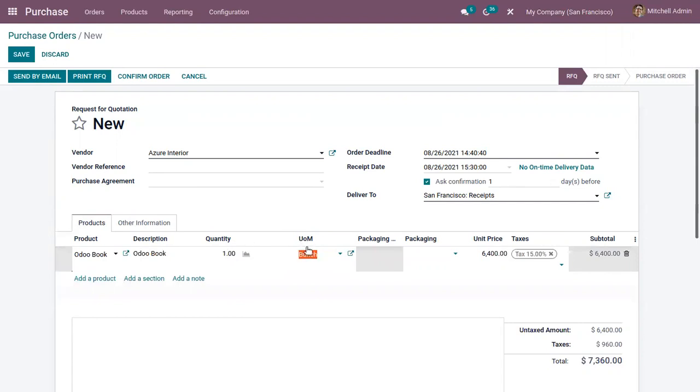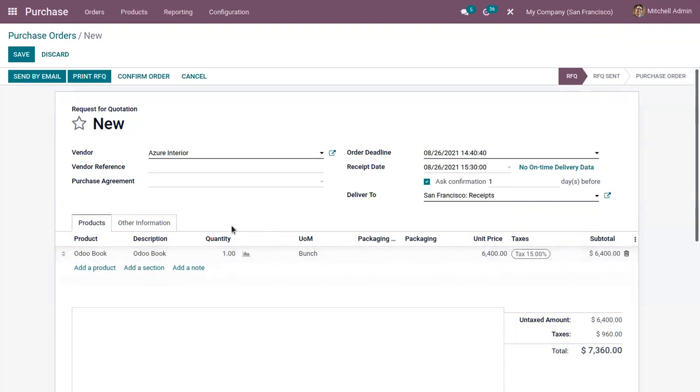You can see Bunch is set as the default one, as we have set it as the default purchase unit of measure inside the Order Book. As I have selected one Bunch of Order Book, which gives 8 units, the total amount will be 8 into 800, that gives 6,400 as the unit price. Because our unit is Bunch, the unit price will be 6,400.